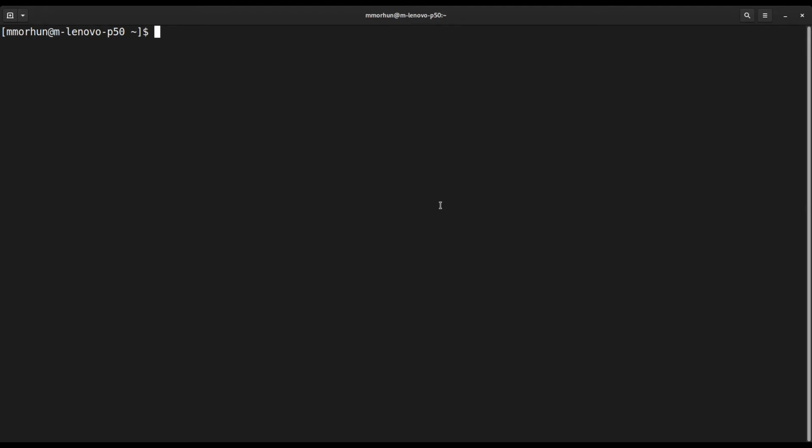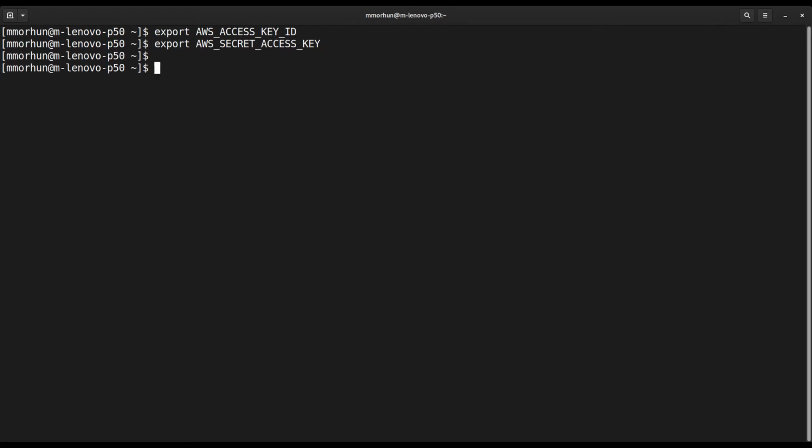To do this, I just export some environment variables, and also the secret. So now we have set the credentials to access the actual backup server, and now let's request